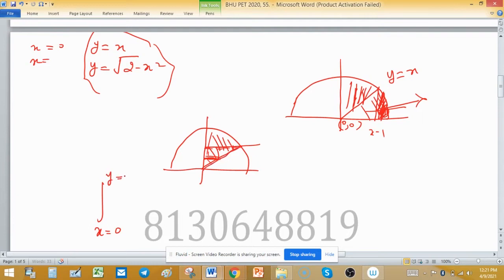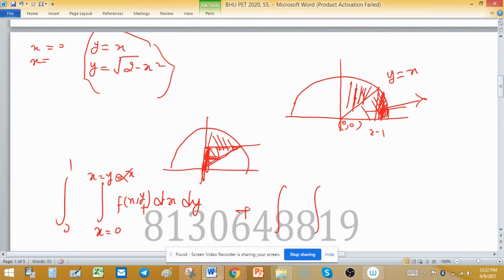So y equal to x, or you can say x equal to y, and the constant limit of this is from this height, so 0 to 1, plus you can write f of xy dx dy, plus